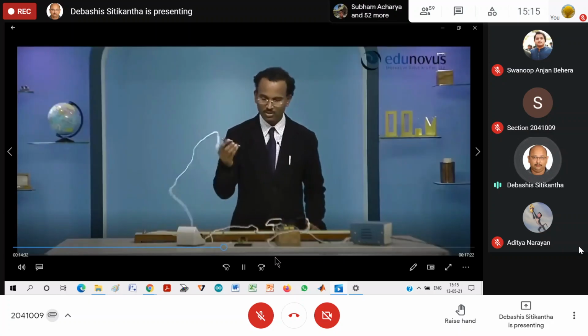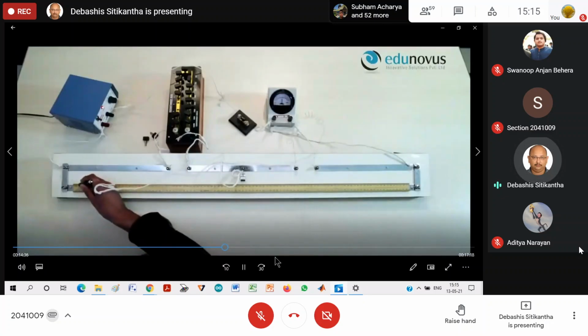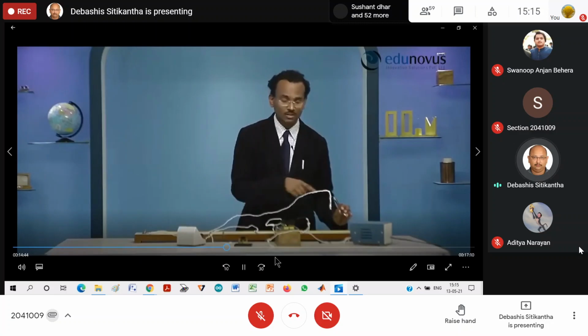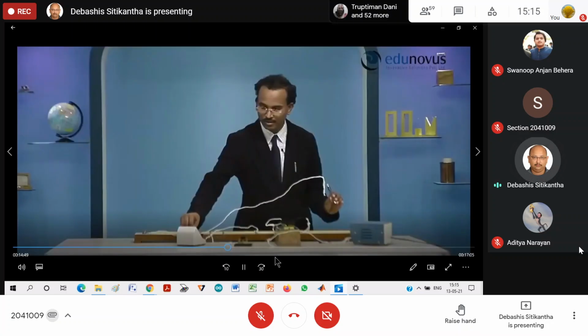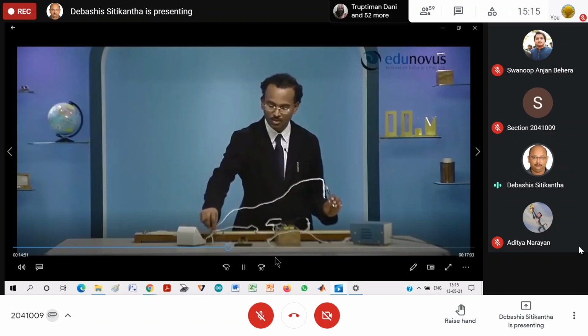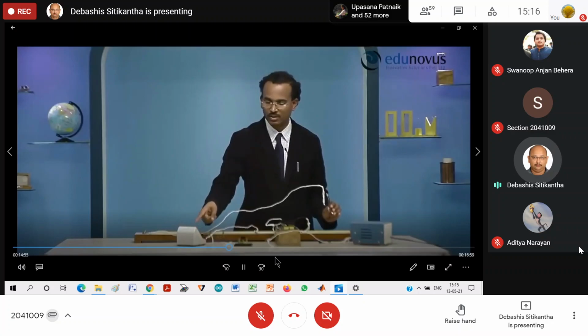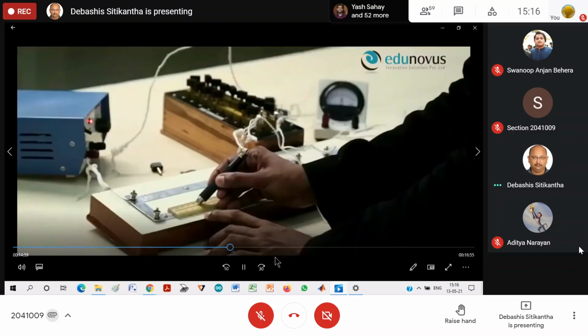So now if I take this jockey and place it at this end, which is at a very high potential, close to 2 volts, we know that this will be close to 2 volts. Current will always flow from higher potential to lower potential. So current will now flow from here through the jockey to the negative terminal of galvanometer, come out of the positive terminal of galvanometer. That means we expect the galvanometer needle to deflect towards left. So let's check whether it happens.